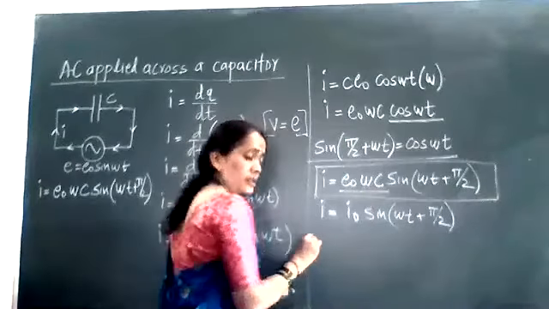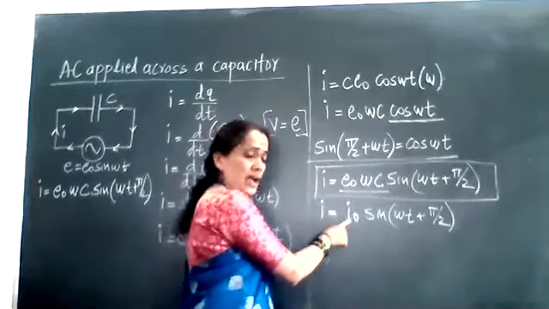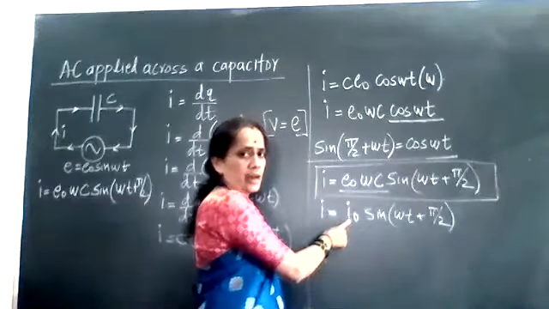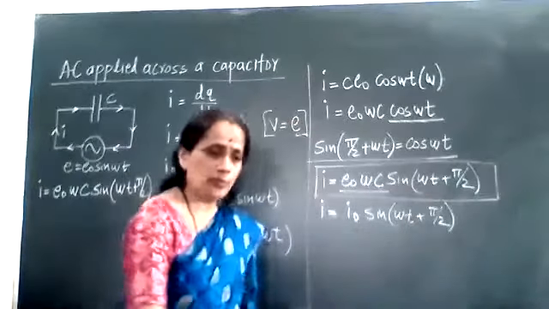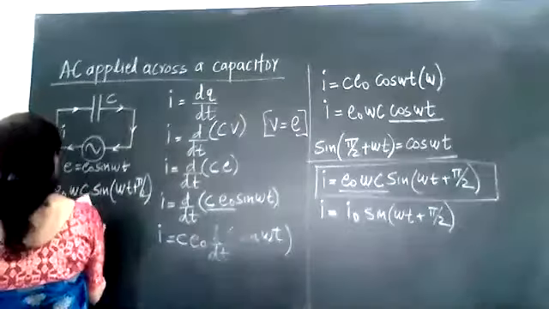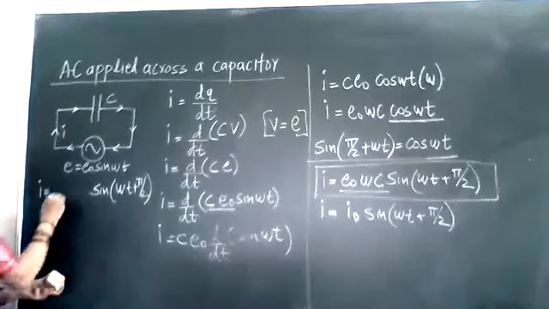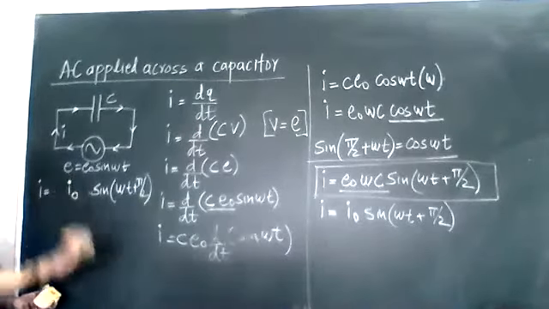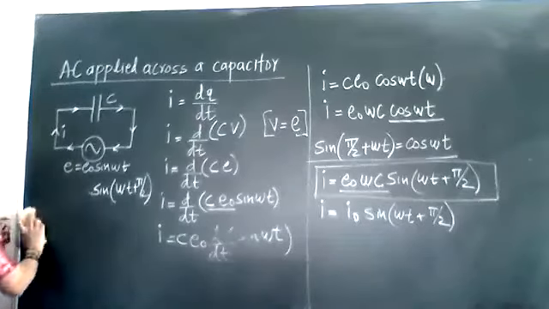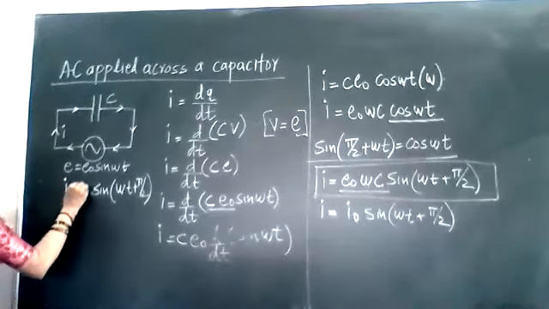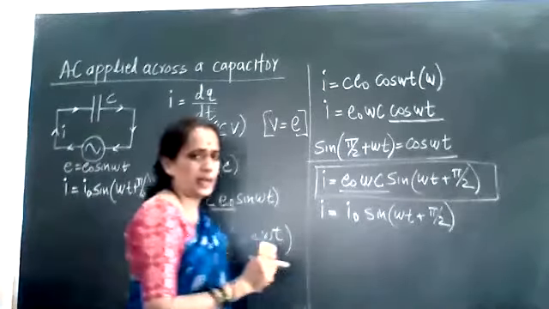And here I can say that I is the alternating current, I0 is the peak alternating current, into sine of omega t plus pi by 2. So that value here I can write down. Instead of this E0 omega C, I can put it as I0. And now if you compare your equation of EMF applied across a capacitor circuit and current flowing through that capacitor,